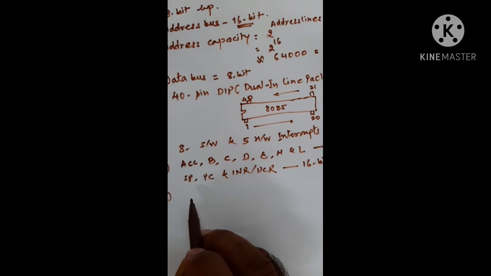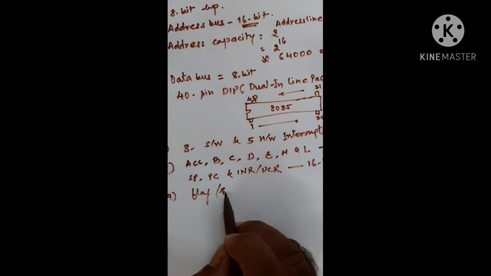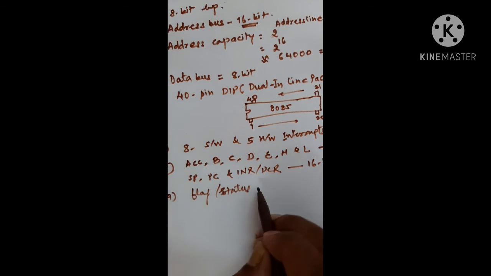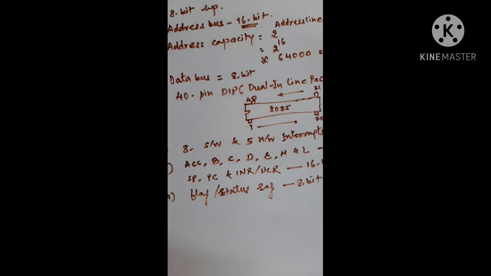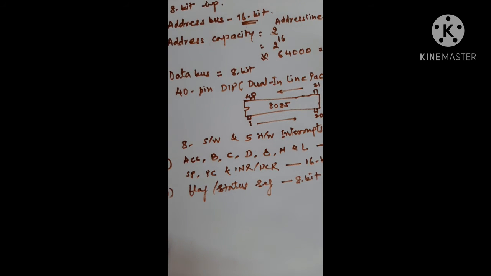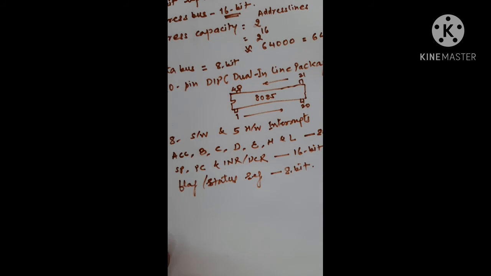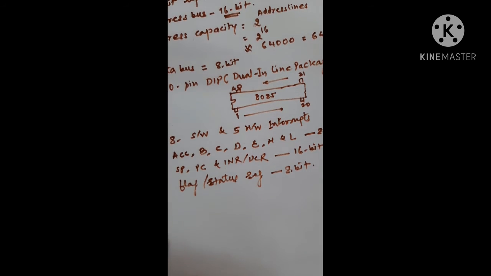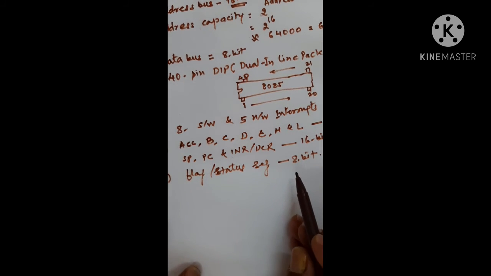Ninth is that it contains a flag register or status register of 8-bit. We learned last time the significance of the flag register. Also we learned the interpretation: if some content is there in the flag, how the status of the result will be, about the sign, carry, parity, etc. We learned this in the last lectures. So this flag register in 8085 is 8-bit wide.